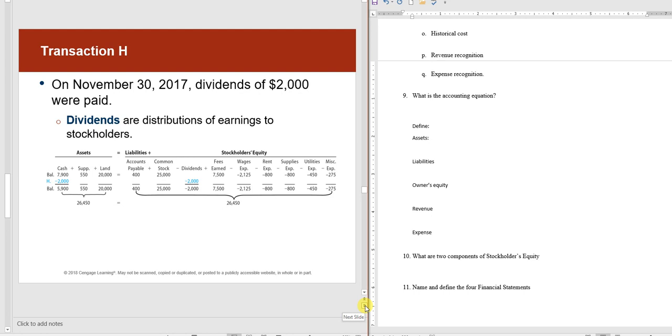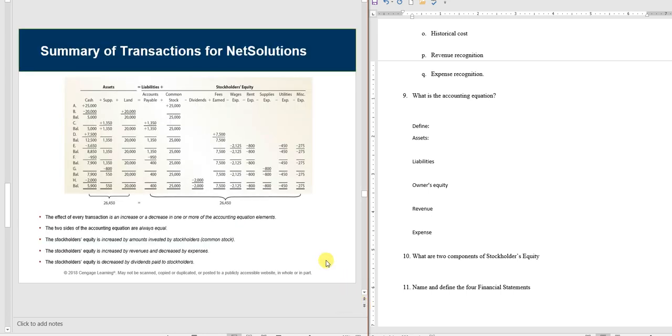I paid a dividend. Dividend is money going out of the business into the owner's pocket, so cash is going down, and dividends are a reduction in stockholders' equity, so I record my dividends. So basically what it looks like, notice my accounting equation is assets equals liabilities plus stockholders' equity, and if I add all these transactions up,